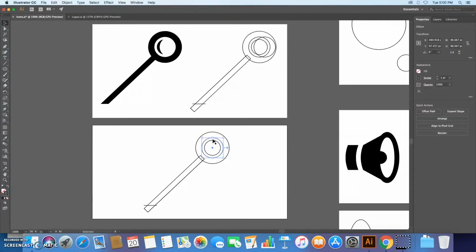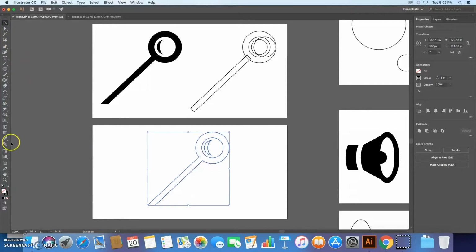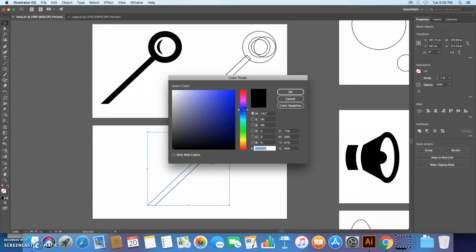The other option you might want is if you hold down Option on your keyboard, you'll get this double cursor icon, and that lets you click and drag to just copy objects live. So now I have all these objects in place. I could select them and again go to the shape builder and combine the things that need to be combined, and then hold Option and cut out all the things that need to be eliminated. Then just like we did before, I'll go back to the selection tool and put on a fill color